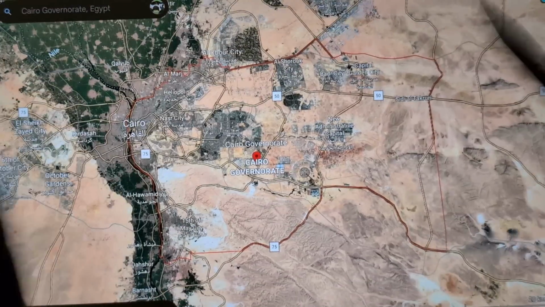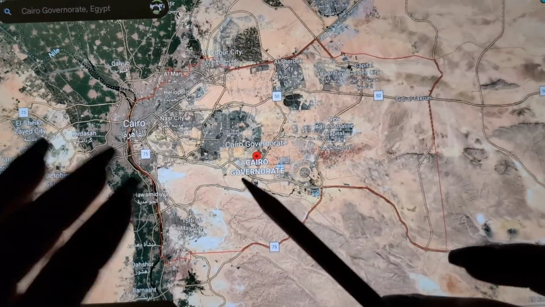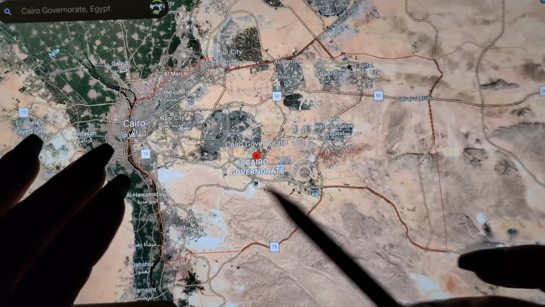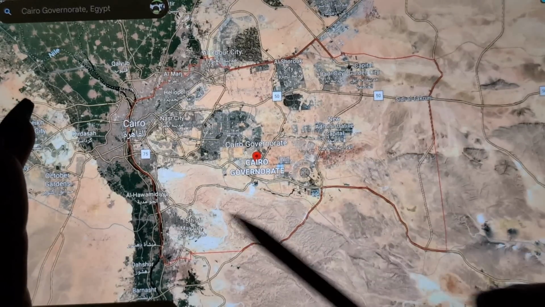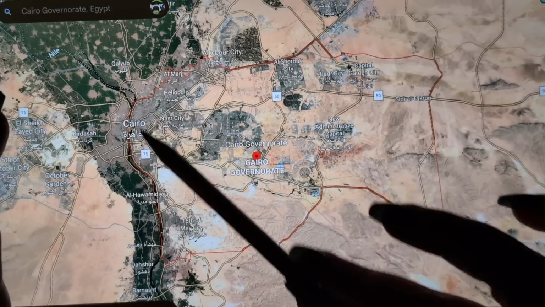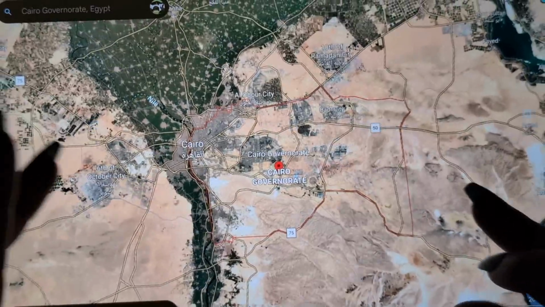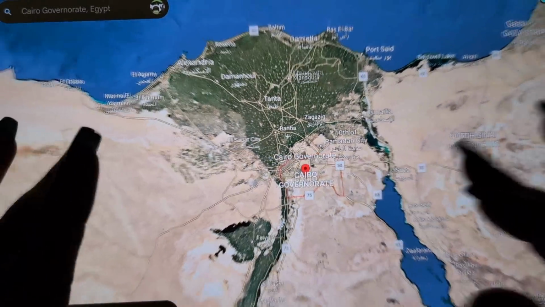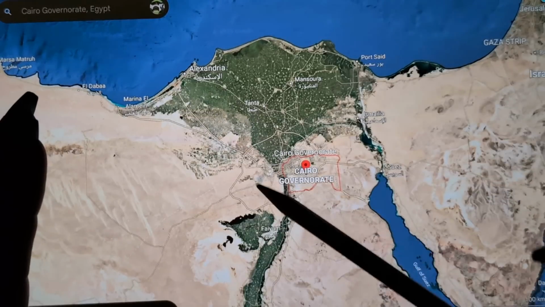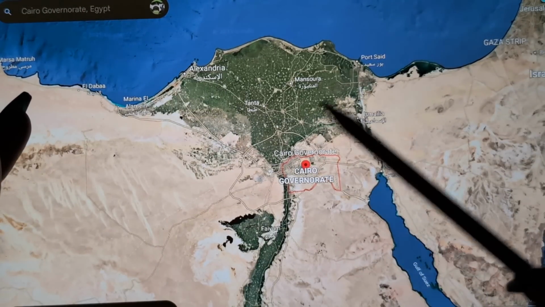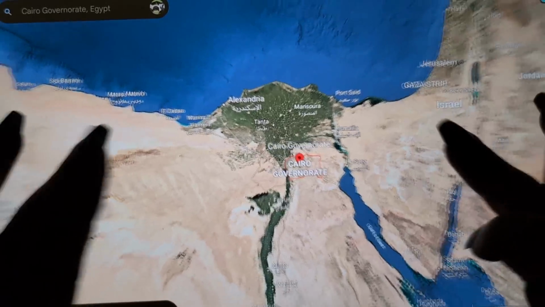Here we are in, I forgot to tell you, Cairo Governorate. Administrative divisions in Egypt are called governorates. There's Cairo Governorate. You can see all the satellite cities out there. And then there's big Cairo there. But let's start by zooming out so you can see exactly where we are in the world. Here is the beautiful Nile Delta. Very easy to spot from above, and the lush Nile River all down there.